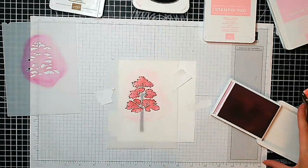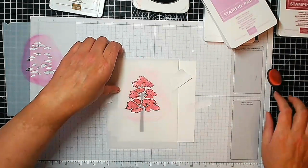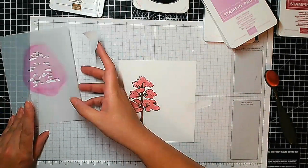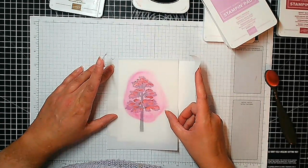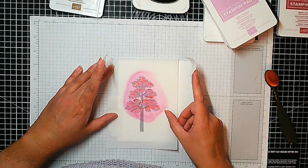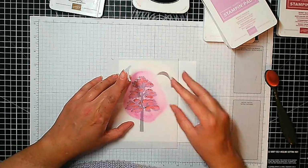Quite like that. So let's remove that. Yeah, I like that. It's an artistic impression of a cherry tree. So I'm going to leave it like that,